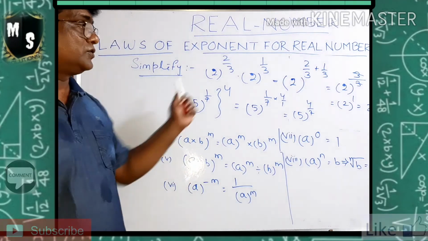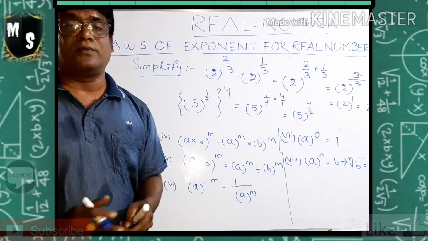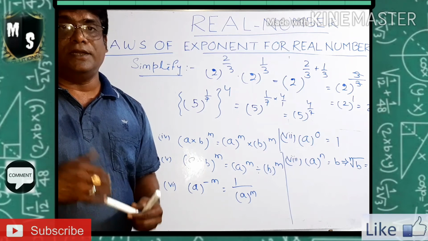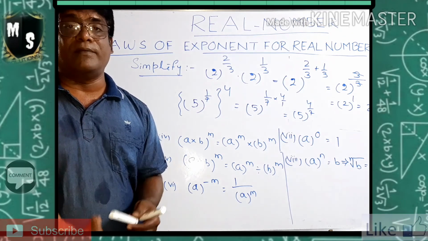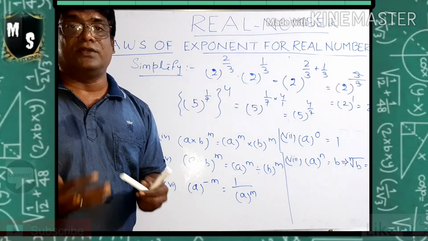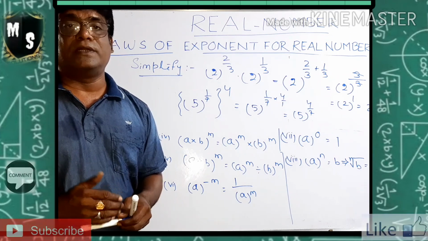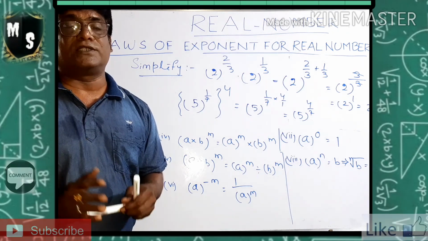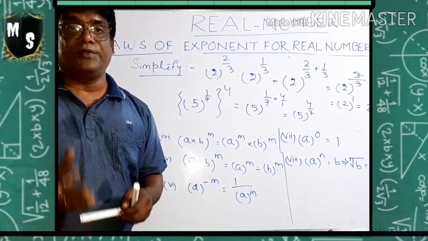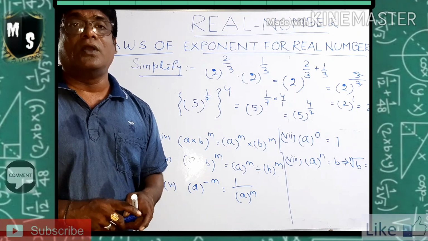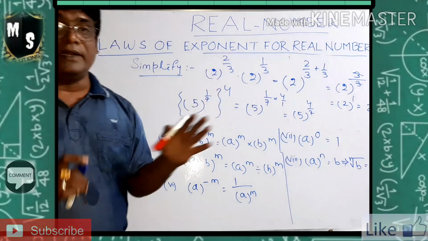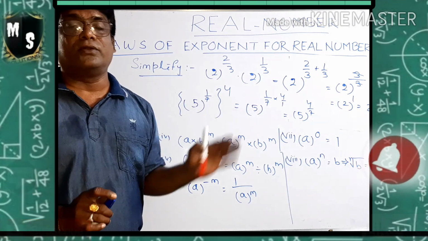I hope you understood this. This is the last part of your chapter Real Numbers. So here Real Numbers ends, and these are the things we have discussed. It is right in your textbook. Again go through it nicely and practice it nicely. All the textbook exercise sums will be given as homework for you. Try to do the homework, and after that go and read the textbook thoroughly according to the videos. Thank you very much.